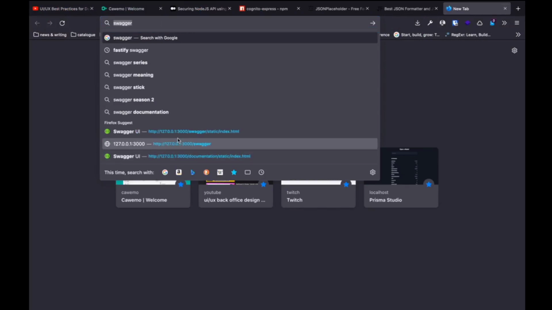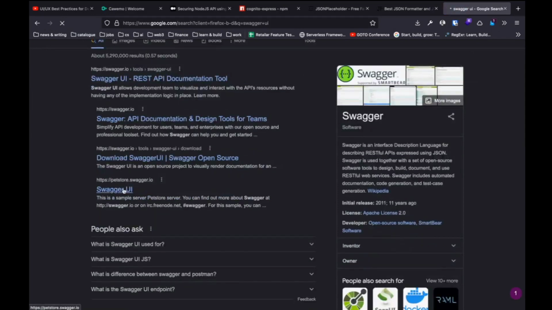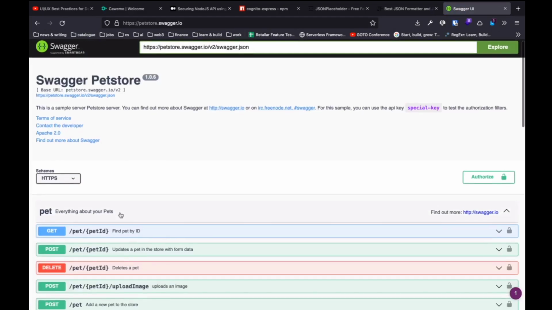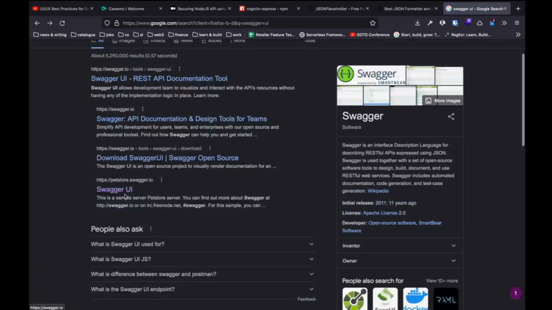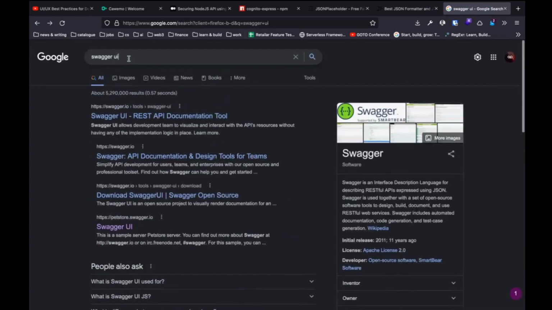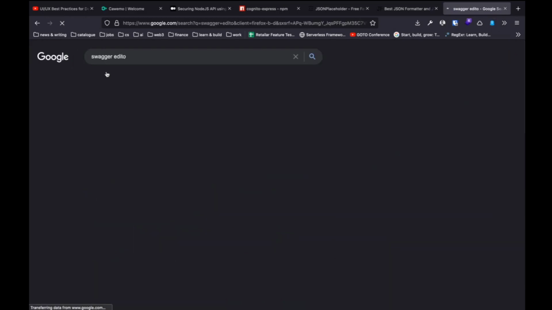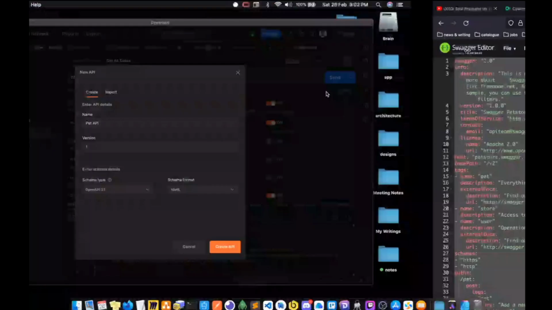I think it's called Swagger UI. Let me quickly see. Okay, so this is not it. This is actually taking us to something totally different. I just wanted to grab something from the default Swagger editor. Yeah, I think it's called the Swagger editor, editor.swagger.io. So forget about what Swagger does for now. I'm just trying to show